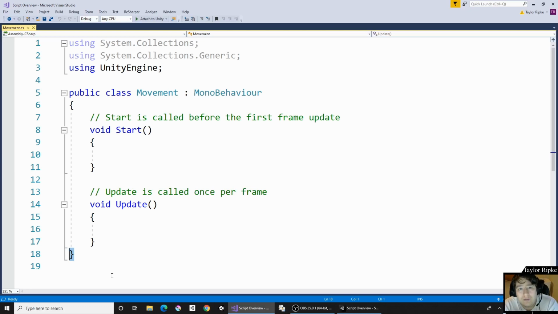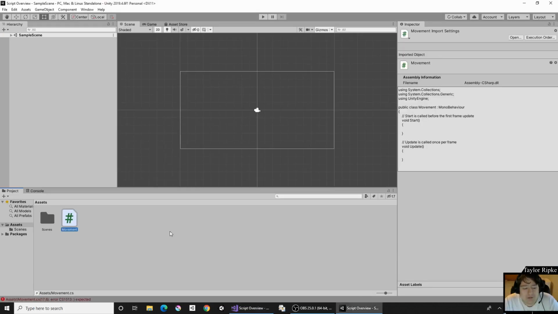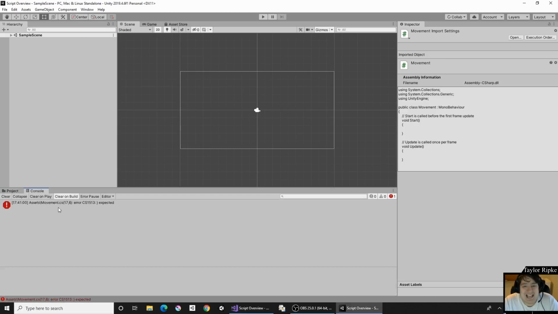An important rule of thumb is when you are programming, you want to make sure to have the same number of opening and closing curly brackets. If I were to, and don't do this, but if I were to delete this very last one, go ahead and save it by doing Control S. You probably notice already there's a little red squiggly right there. And if I were to go to Unity, you should see here at the bottom that there is some red text. If we click on the console, it's actually erroring, and it's saying, hey, in your assets folder, the